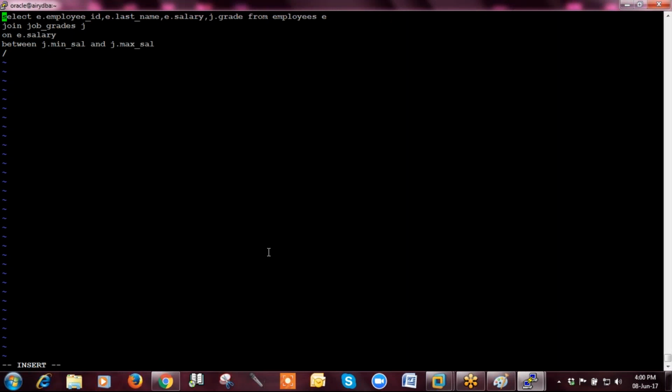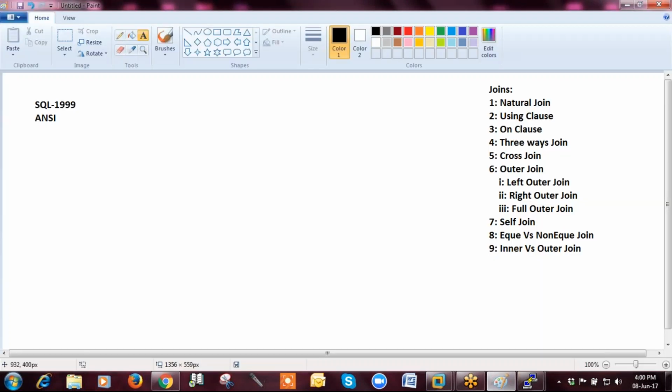Whatever join keywords I am telling you, you should not bother about whether to use natural join, using clause, where clause, cross join, outer join, or equi join.